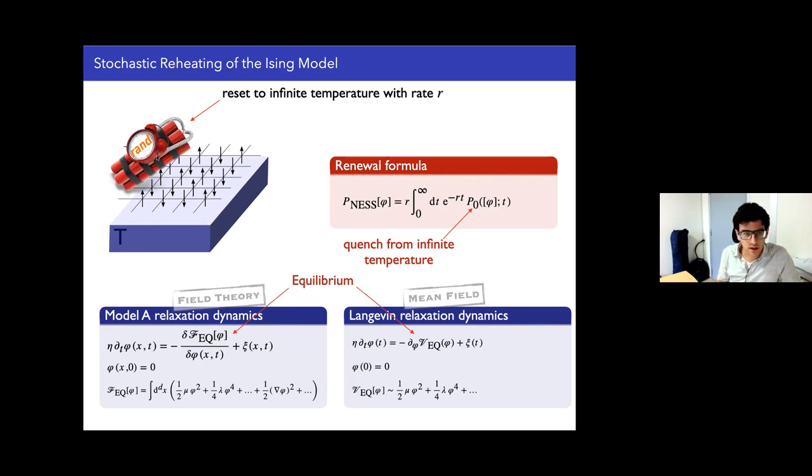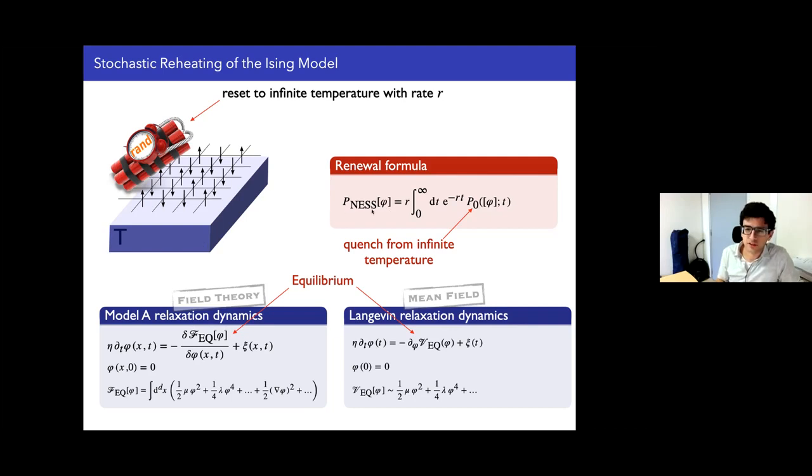So again, it's a simple Ising model connected to a thermal bath, and from time to time, with rate R, you're being reset to infinite temperature, or a disordered state. And the reason why we can solve for the non-equilibrium steady state of this type of model is because there is a very nice formula, called the renewal formula, which is basically a dictionary between the non-equilibrium steady state of this physics